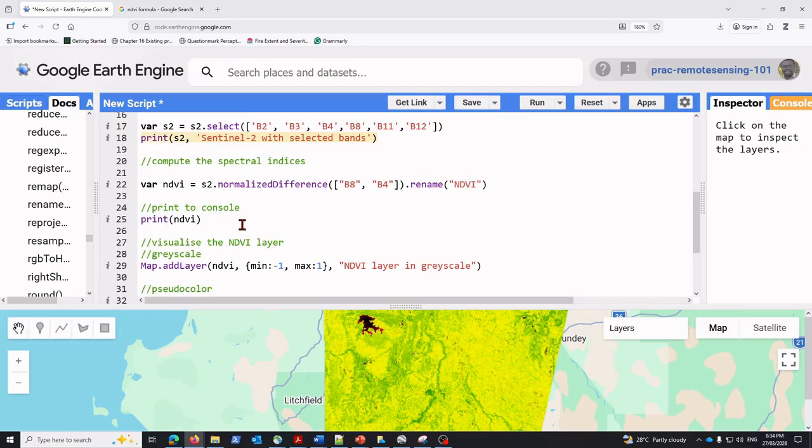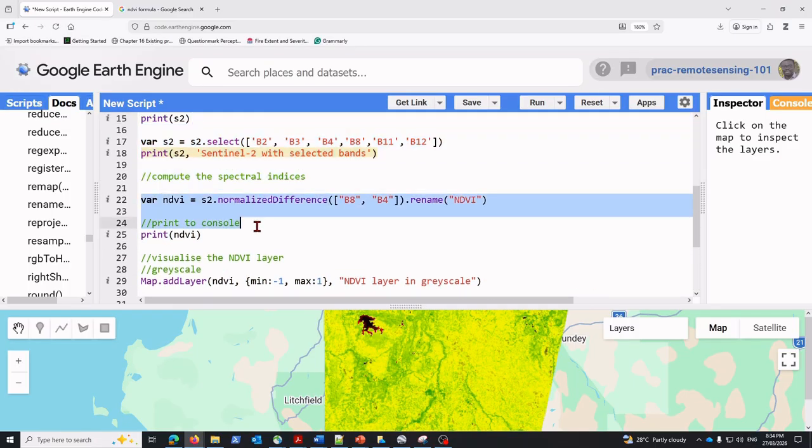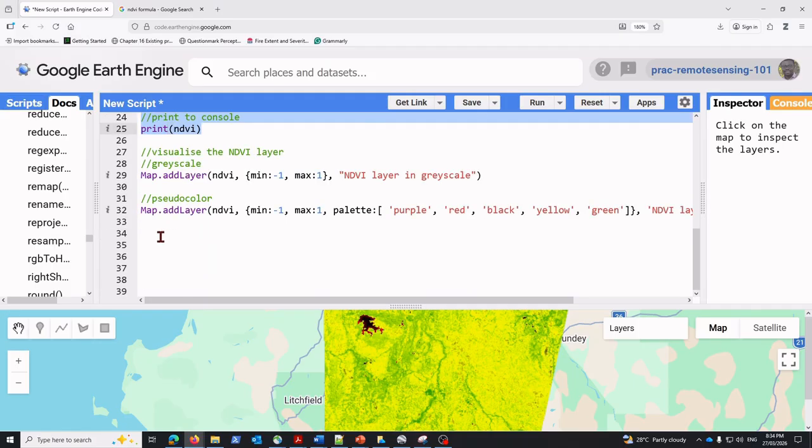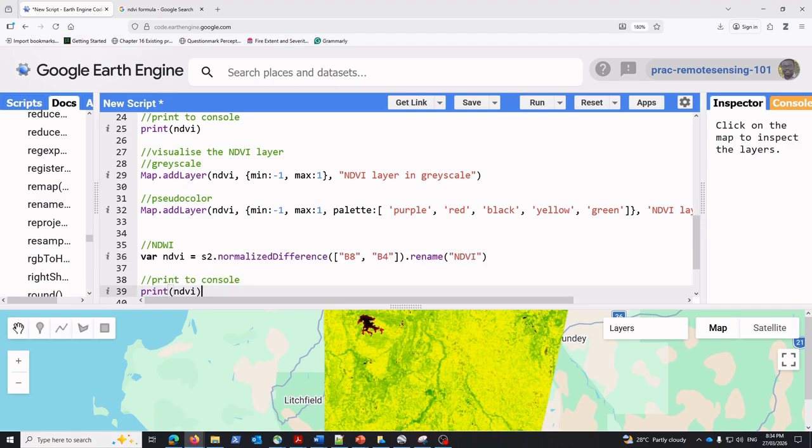So what we're going to do first of all is copy the whole of this script here, up to this point. And this is going to be NDWI, I reckon. So I'll paste the script here, and then I'm going to change this one to NDWI. Everything is going to remain the same, but the formula for NDWI requires the green light